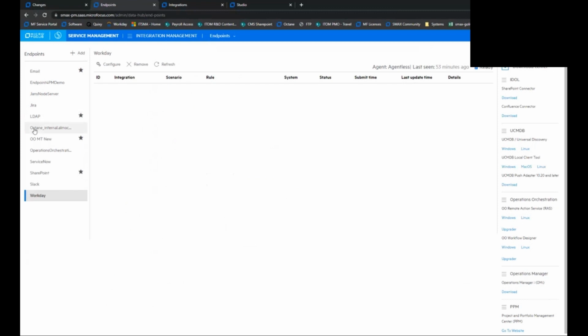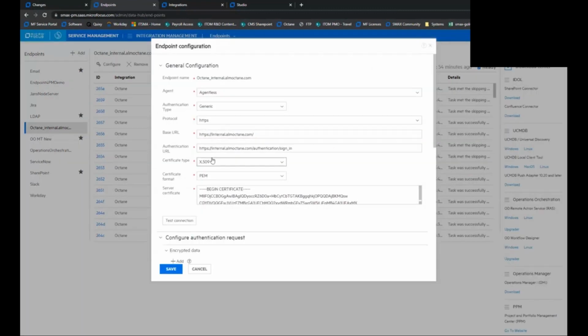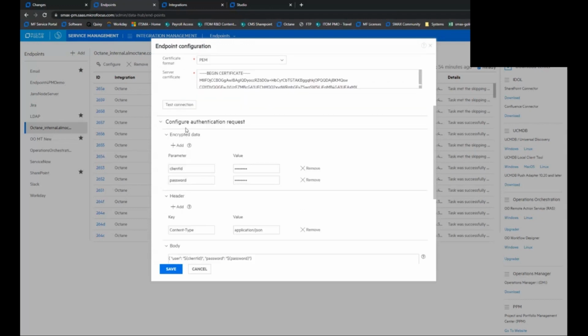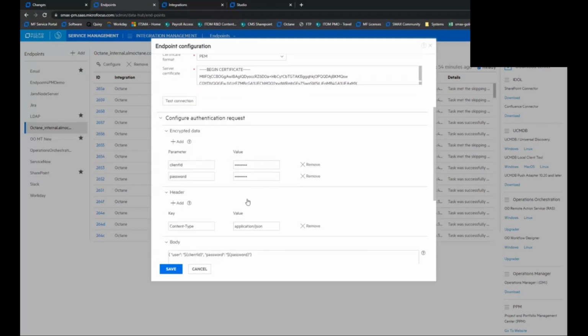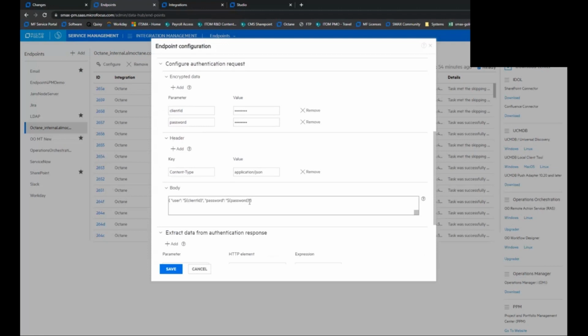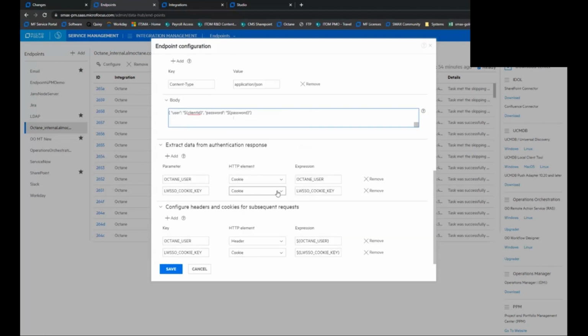Let me show you another one, Octane. Octane is also an advanced one. Again, it uses generic, a similar concept here. I set the encrypted data. I send the encrypted data in the payload towards Octane here. And then I parse the response. And this time I parse the cookies. So I select the cookie here, and then I enter the cookie name